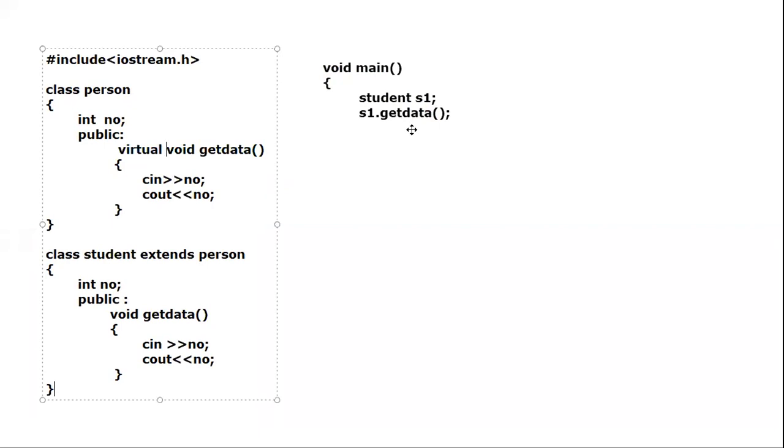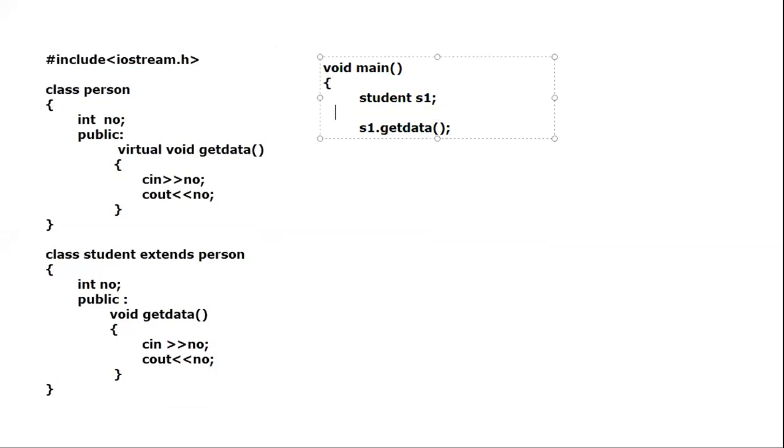It is going to access your derived class. But again, if it is a derived class function, we cannot access it directly. So here what we are going to do, first create an object for the base class. Along with this, also create an object for the derived class as well as for the base class.